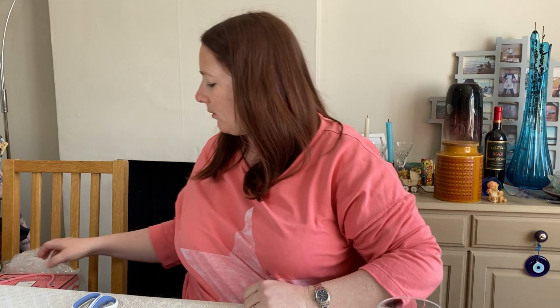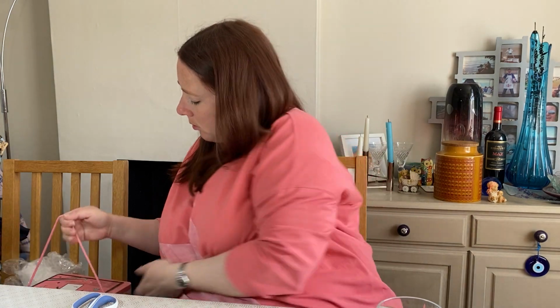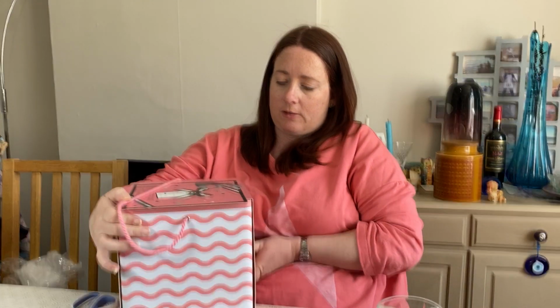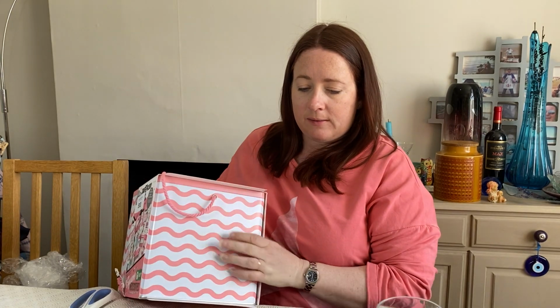So that one will go UPS because it's so big. Another one that will go UPS because it's heavy is this Soap and Glory tin. Oh, they are so heavy. Where's the front? So it's the Square